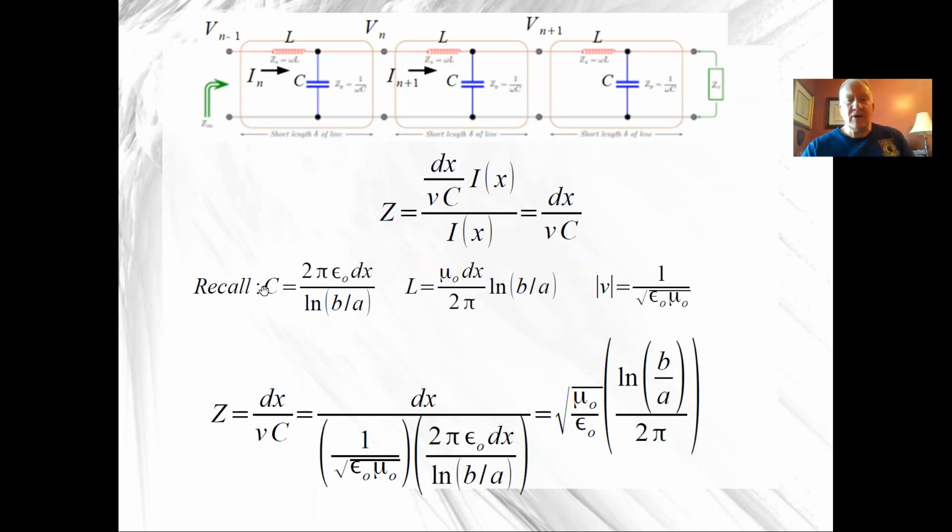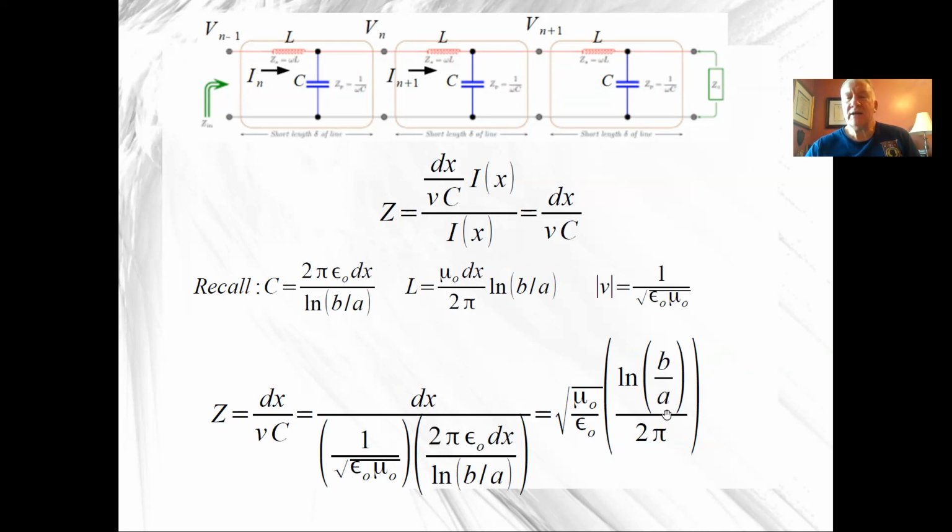However, we know that C is 2 pi epsilon naught dx over natural log of b over a. And L is mu naught dx over 2 pi natural log of b over a. And v, we found out a couple slides ago, is equal to 1 over the square root of epsilon naught mu naught. So I'll plug them in. I'll plug in for C, I'll plug in for v. And I end up with the square root of mu naught over epsilon naught, the natural log of b over a,